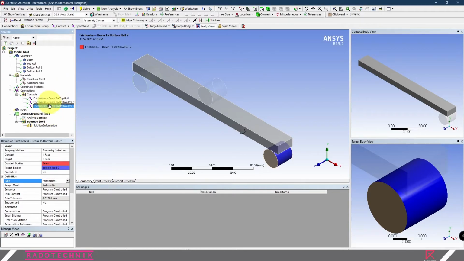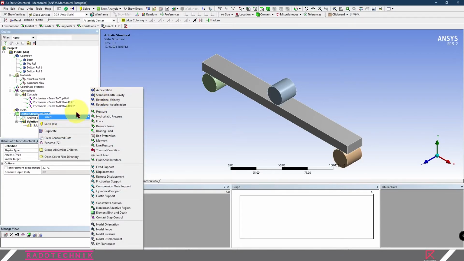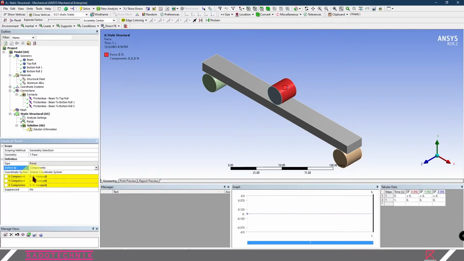To create the model constraint, go to this Static Structural, right click and search for Insert, and then select Force. You need to select the geometry and select this face. Click Apply. Define by component.